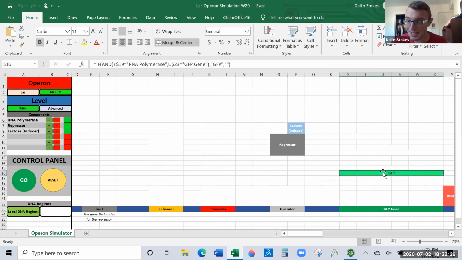Now, if you remember from week 10, GFP stands for green fluorescent protein. It's a protein that glows in the dark. Green, conveniently. Now, that we can see. So this serves the role of a reporter gene. We actually don't cover reporter genes, so that's not one you need to know. But the idea behind this is kind of similar to the selectable marker, where the selectable marker helped you see the difference between a bacteria that had the plasmid and a bacteria that didn't. The reporter gene is helping you tell the difference between a bacteria that has turned on the gene and a bacteria that has turned it off.